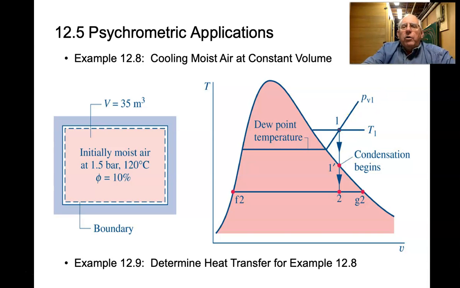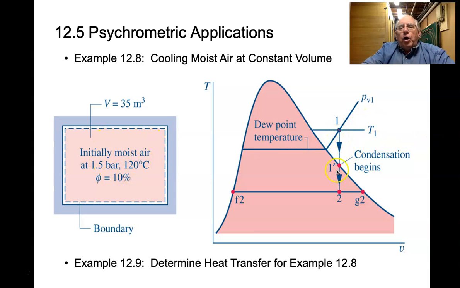Now, how do we calculate that value? Well, at this temperature, we use the steam tables to get the P sub G at this point. We then multiply that P sub G by 0.1, and that then gives us the PV1. Okay, now in this particular problem, because the volume remains constant, as we cool the mixture, we are